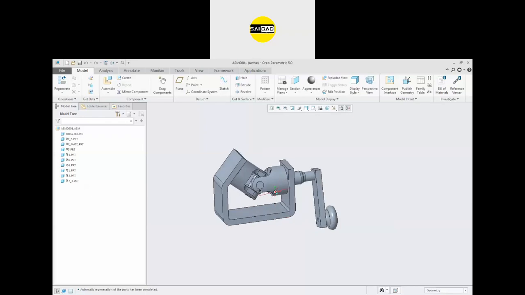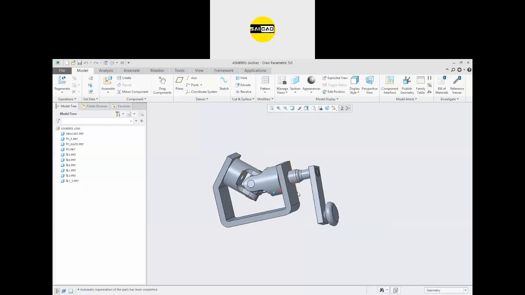Okay, so next, getting to the two approaches. The first one is the bottom up approach, the second one is the top down approach. So what are those? Till now you have seen that I have created the parts first, and after that I have created the assembly, and in the assembly I have inserted all the parts. That was bottom up. Bottom up means we have an assembly and its parts, but I have created the part first, after that I have created the assembly. So from the bottom, create the sketch, create the part, create the assembly. This is the bottom up approach.